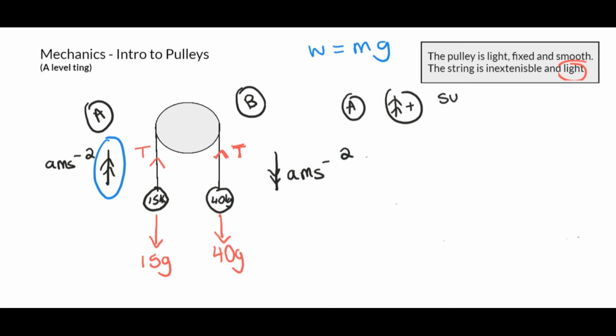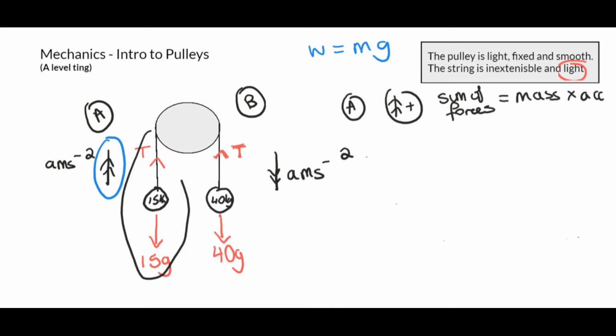So remember, the sum of the forces equals the mass times the acceleration, yeah? So the sum of the forces, we're looking at A here. We know up is positive. We've identified that for the examiner. We've let him know up is positive. Now I say to myself, which one of these forces is going up?